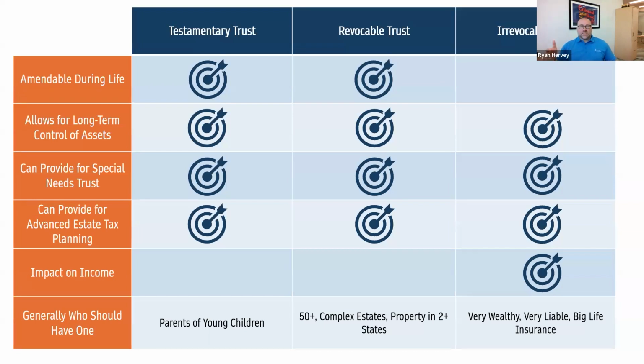So sometimes you'll see that someone will have a revocable trust. And then when they die, they've got money that goes into a marital trust. And then they've got money that goes into a family trust. And there are two different tax events that occur when those two transfers occur. Generally, someone that's going to start considering advanced estate tax planning is going to be someone with about $10 million in assets in their overall estate. At that point, it's probably worth the conversation.